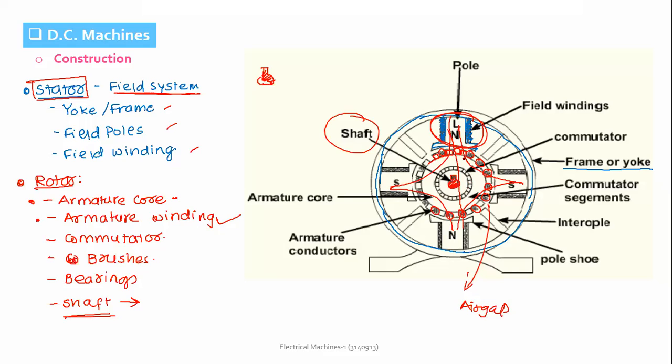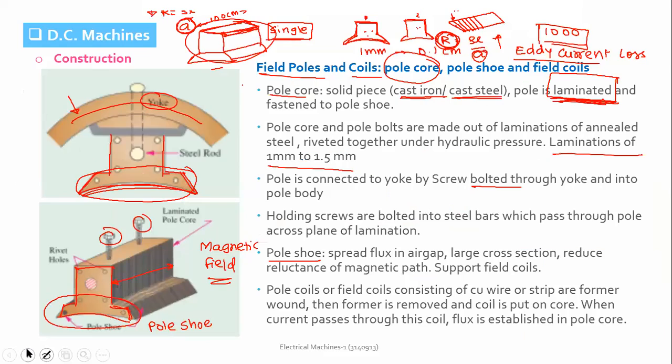And we know the air gap has high reluctance compared to other magnetic material, let's say cast steel, cast iron or silicon steel. The permeability of air we consider as 1, whereas the permeability of the other magnetic materials is quite high. Let's say if the permeability of the magnetic material is 1000, that means it is 1000 times easier to establish the magnetic field in the material in comparison to air. So what will this shape do?